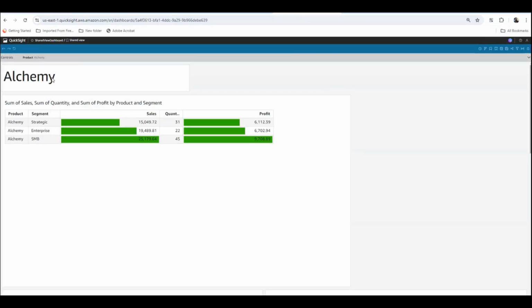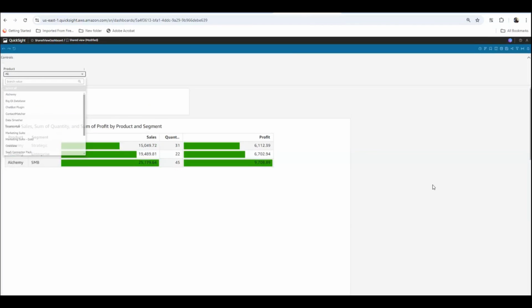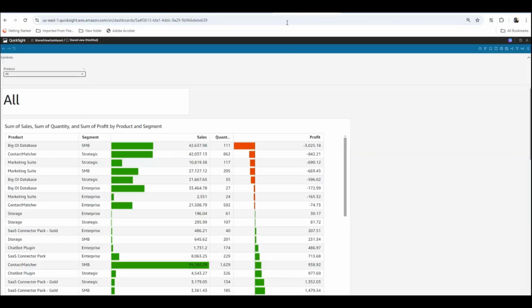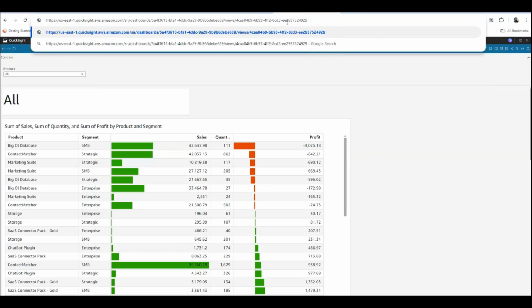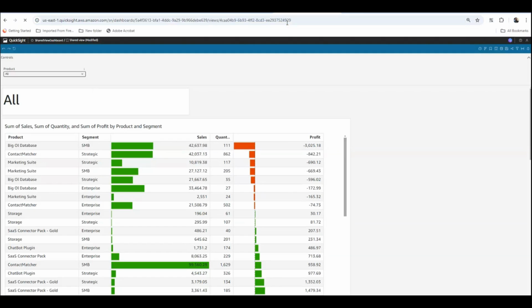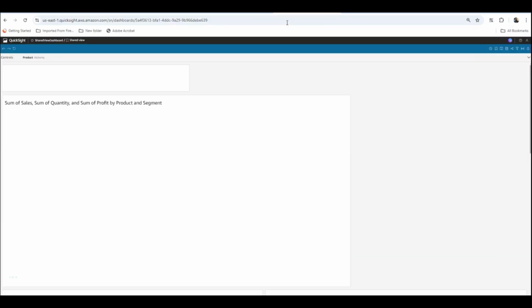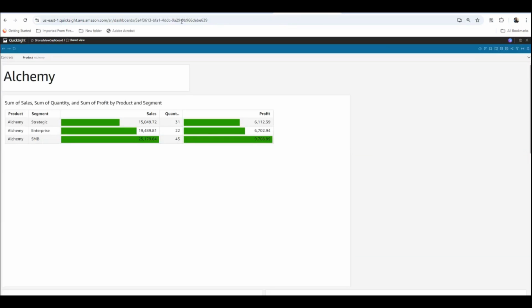Let's say I am on all the products here, but if I have the view ID, I can just pass that view ID here, views slash views, and that particular view ID that the SDK is able to generate. And when you load this, it is going to honor that view ID and show you that Alchemy being selected now. So that is another way to redeem the dashboard, the view ID. The third way you can